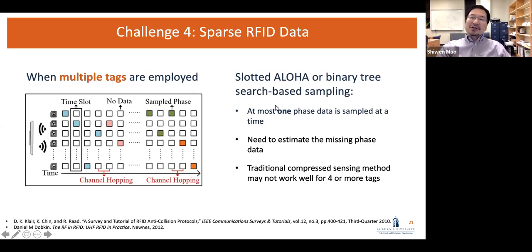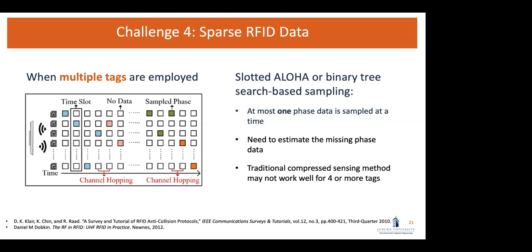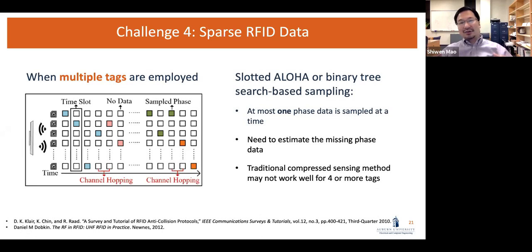The original design of this RFID tag system is that we should always avoid collision. Otherwise, if 2 tags simultaneously transmit their response to the reader, these 2 signals will interfere with each other, and none of them could be decoded, right? RFID systems always use a slotted ALOHA-like or binary tree search-based sampling approach to avoid collision. The consequence of this protocol is that, suppose we have an array of n tags,